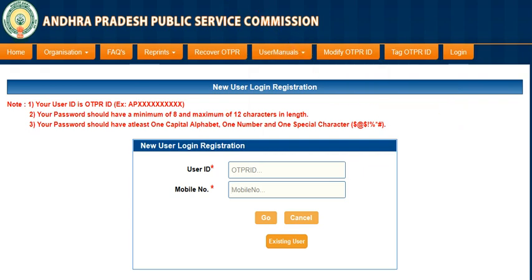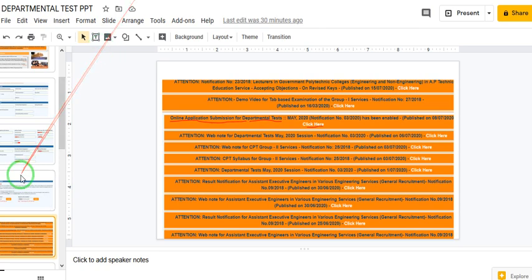If you log in, you will get the application. After one time profile registration, you have to click on online application submission for departmental test. On the home page you will have the online application. If you are not getting it, as there are multiple sentences on that page, press Control F and start typing DEPT or department. There you will get the online application related link. Online application submission for departmental test, click here.